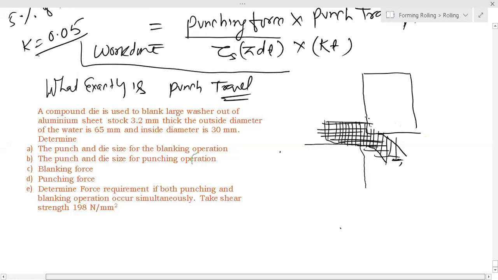So here it starts penetrating, right? This is your full thickness and this is your k t. So once it presses,